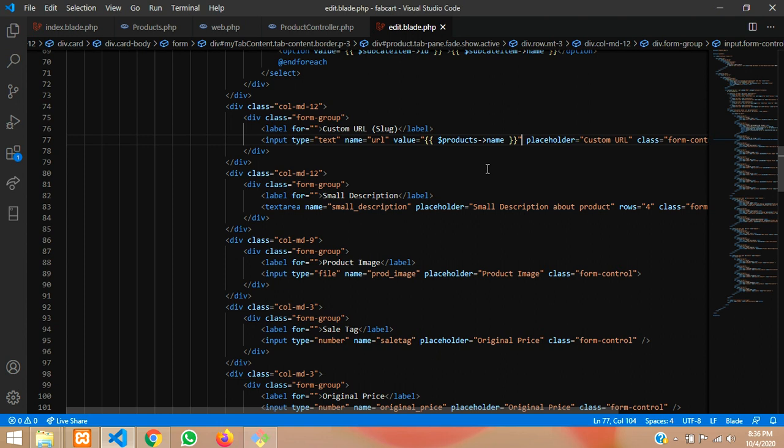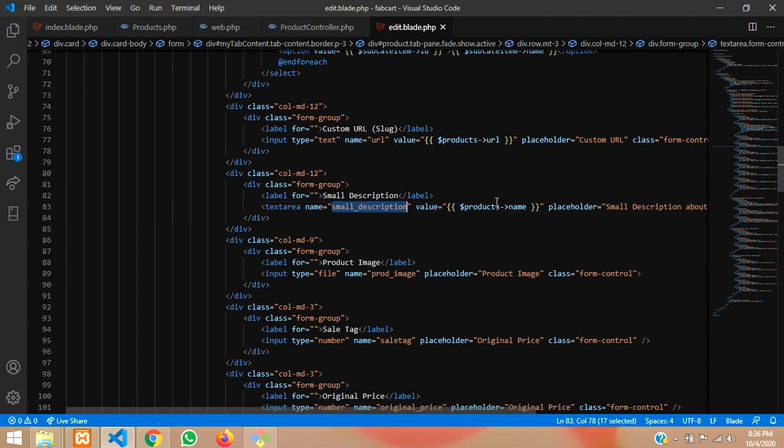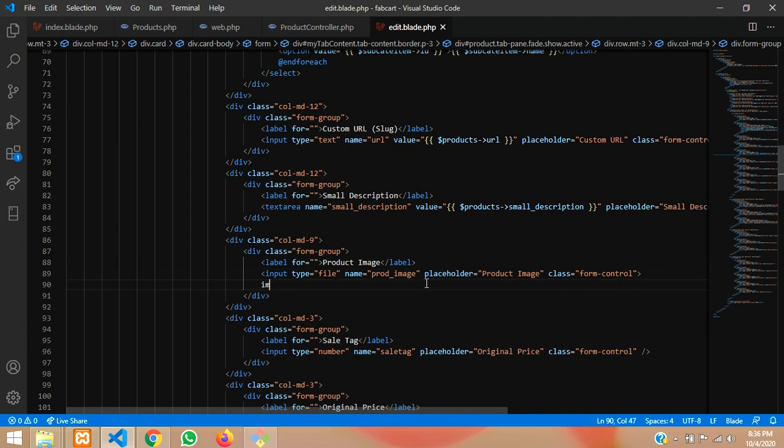So let's set up, this will be the URL, and this will be our small description inside our database. I have kept the same name, so I'm copying it. This is actually image, so image one we have to update. Here it doesn't take anything, but if you want you can use a simple image tag and call the path of your image and you can see that.